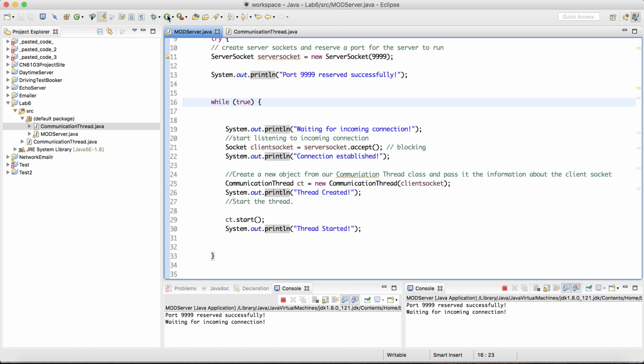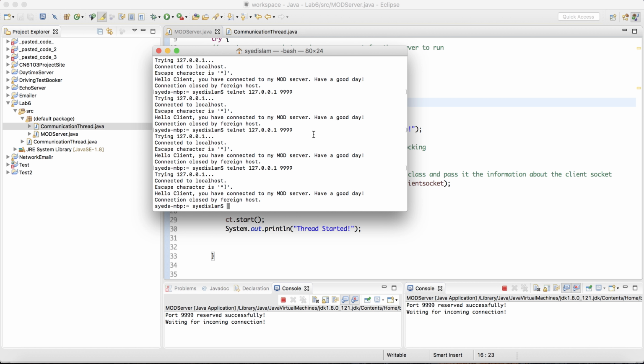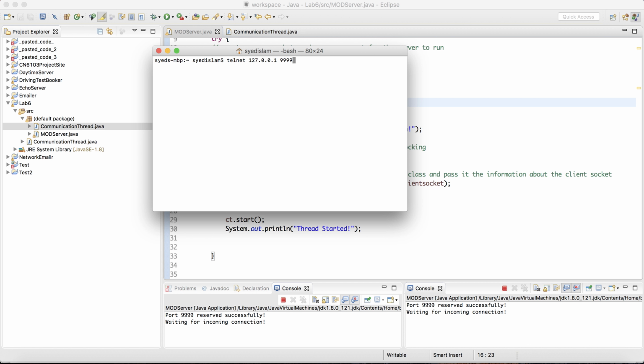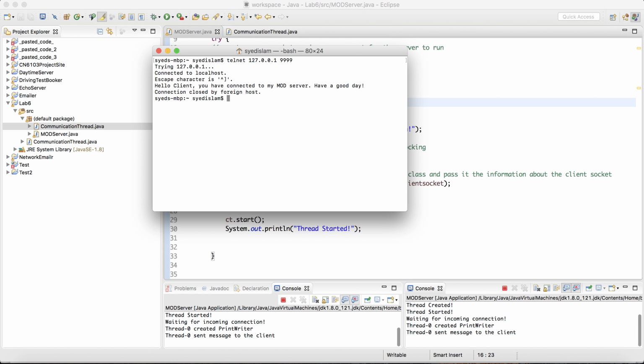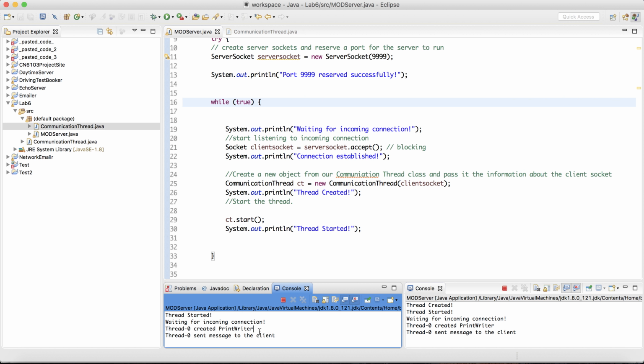So now if I do this, it will say port 9999 reserved and ready for you to connect to. Okay, let me clear this and try and connect again, and now you will see that I get the same output on this side. On this side you see a bunch of other information. The main thread had created a thread, thread started, and then it went back to listening for incoming connections, whereas thread 0 went ahead and created a print writer and sent a message to the client,